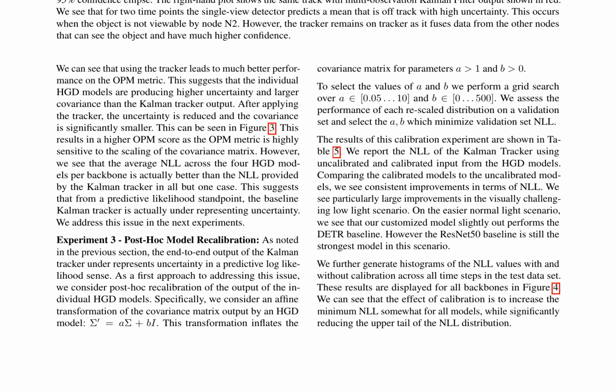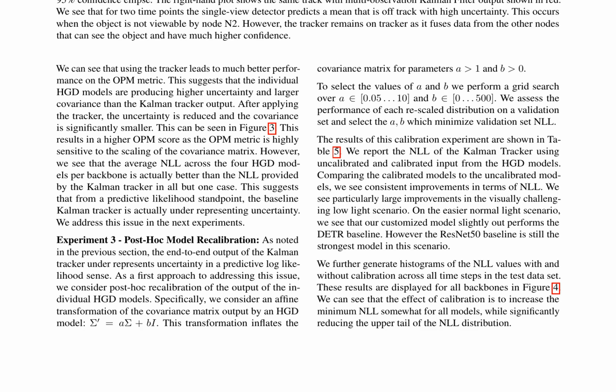Our results show that using the tracker leads to much better performance on the OPM metric. This suggests that the individual HGD models are producing higher uncertainty and larger covariance than the Kalman tracker output. This results in a higher OPM score as the OPM metric is highly sensitive to the scaling of the covariance matrix. However, we see that the average NLL across the 4 HGD models per backbone is actually better than the